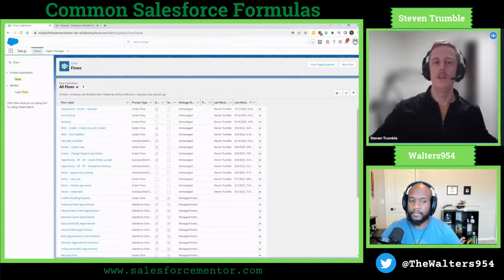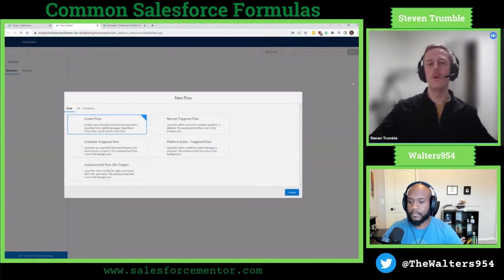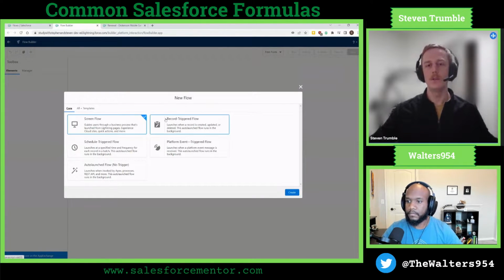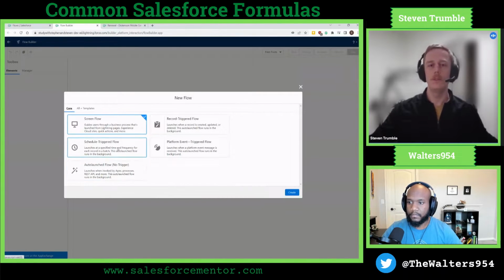Yeah, so just from the flows in setup, just search flows, click on here, and then we're going to go new flow. And so for this, there's a screen component because we want to give the ability for the user to change input. If we always had the exact same default values, you could just create an auto launch flow where you'd click the button and then that record would be created. But with the screen,